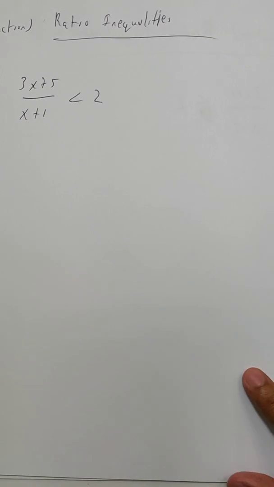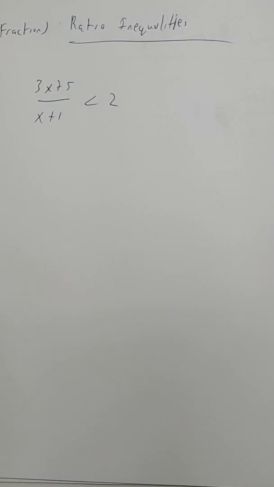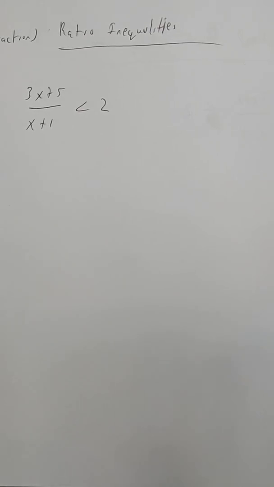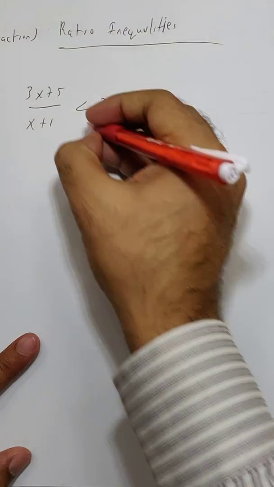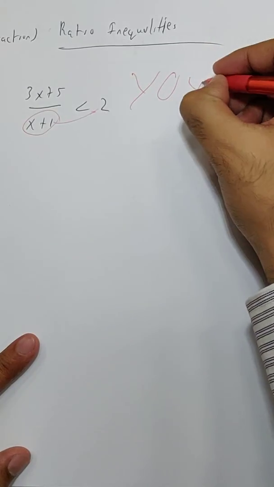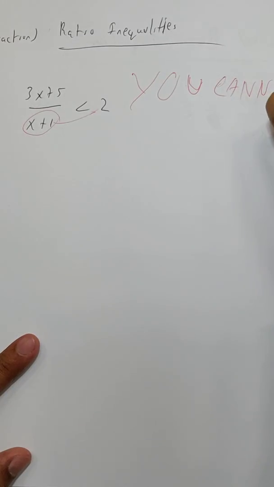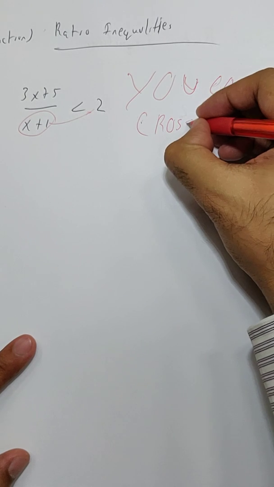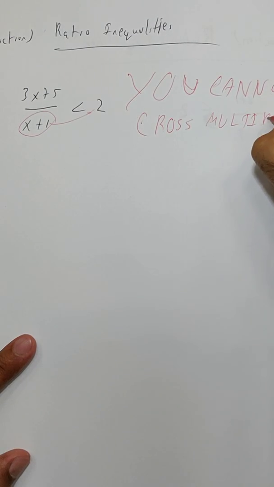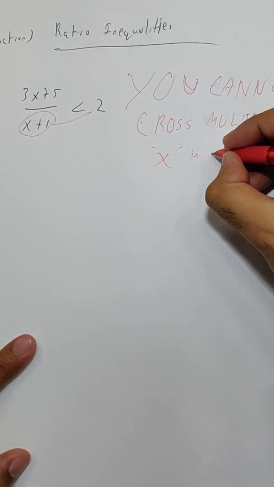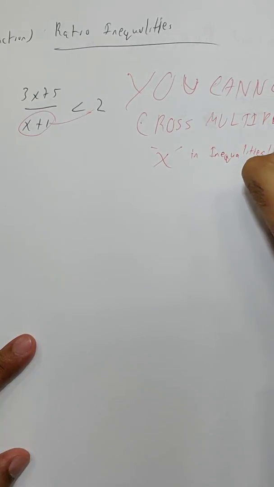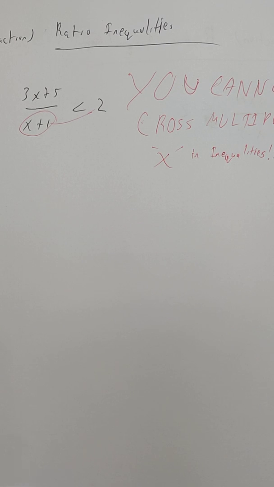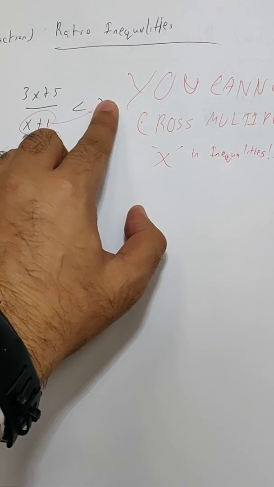How do we begin? Normally, if you see a fraction, what do you do? You cross multiply, okay? But in this case, you cannot. This is one of the biggest sins in the inequalities topic. You cannot cross multiply the x when there's an